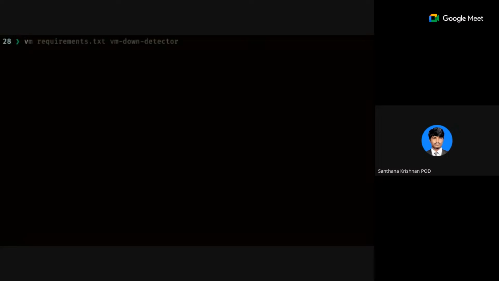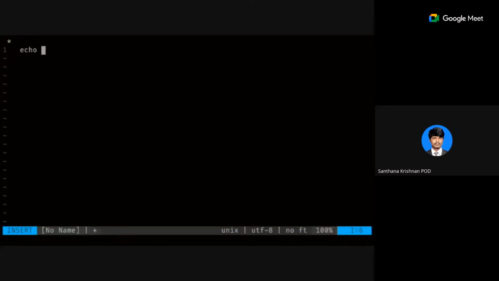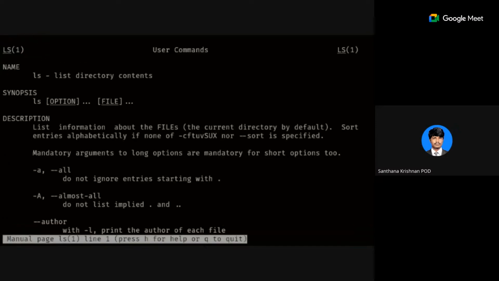So I can show the demo for you. I'll just share my screen, okay? Because that will be really useful when you are doing things. If I do something like echo, ls and all those things, hover over it and press Shift K, I get into the man page immediately from the terminal.